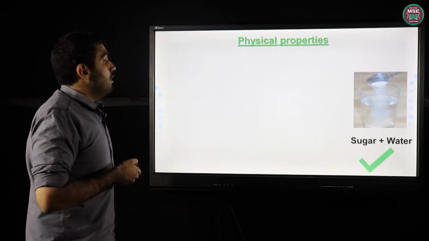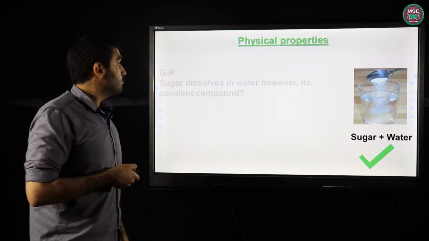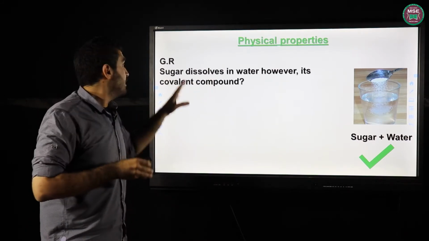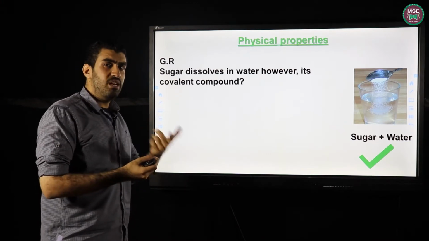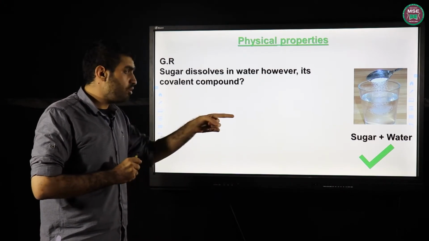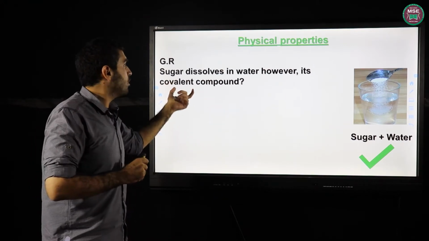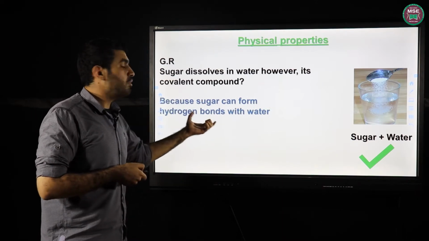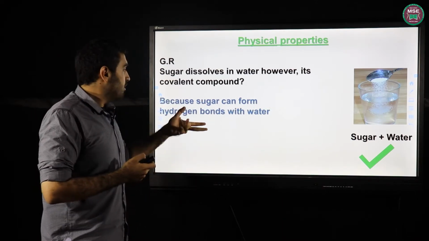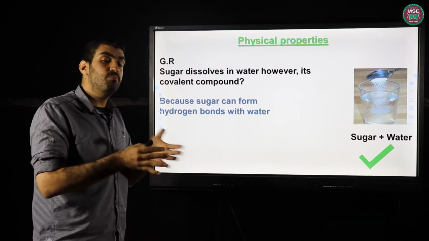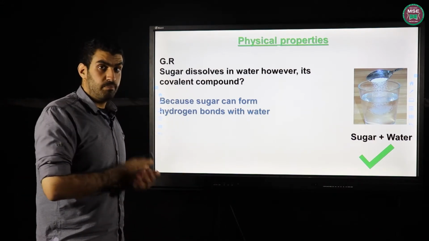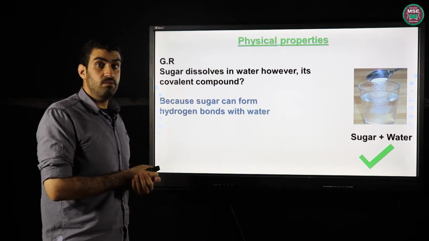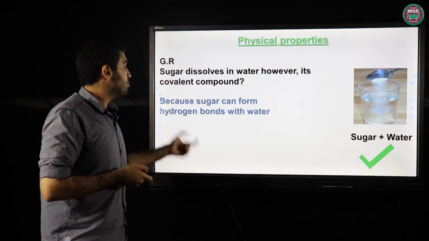The second case is sugar and water. When I ask you, give reason, sugar dissolves in water. However, it's not ionic, it's a covalent compound. Logic: a covalent compound doesn't dissolve in water, but sugar can dissolve in water, however it's a covalent compound. Why? Because sugar can form hydrogen bonds with water. If I have a covalent compound and this compound can form hydrogen bonds with water, it dissolves easily. So again, give reason, sugar dissolves in water, however it's a covalent compound: because sugar can form hydrogen bonds with